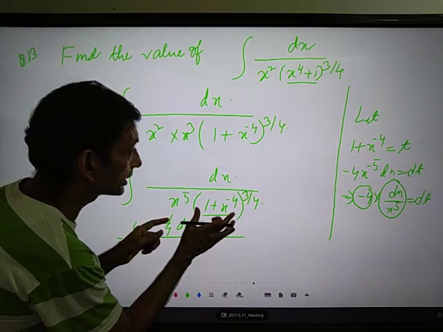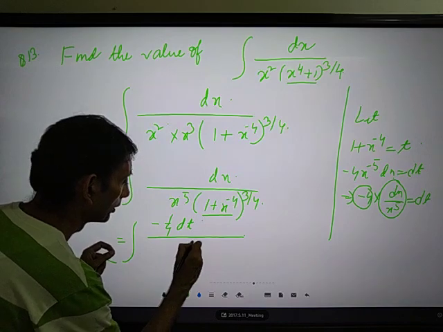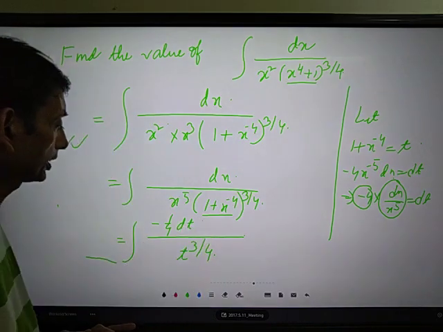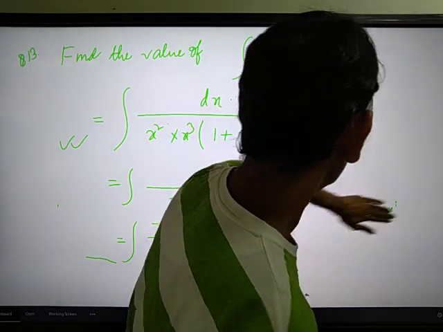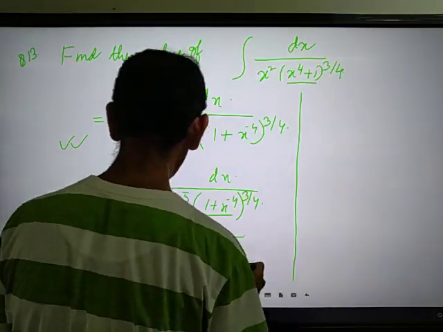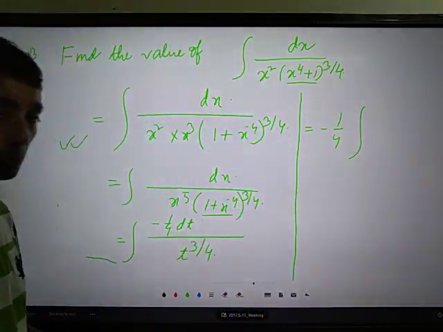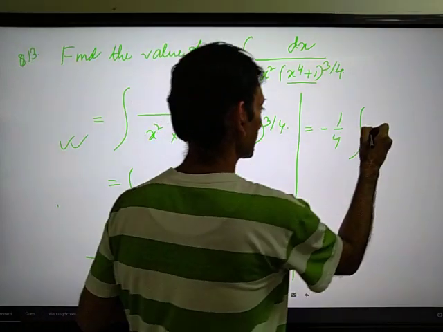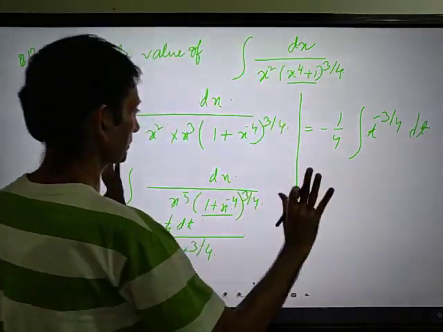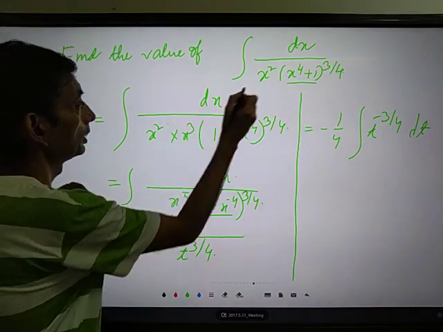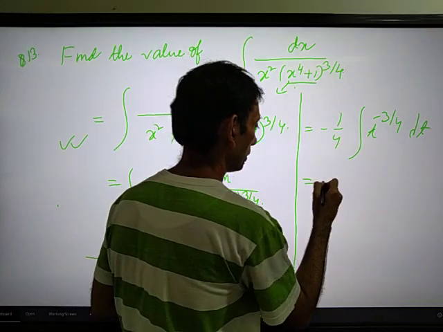Now the rest can be replaced by the t value, so it will be t to the power 3 by 4. We can simplify this expression. We can take minus 1 by 4 out, and bring the power up: t to the power minus 3 by 4 dt. So these steps are very simple. The moment you take the constant minus 1 by 4 out,